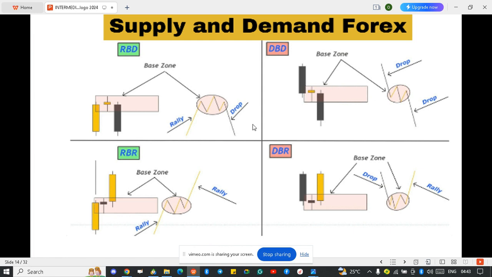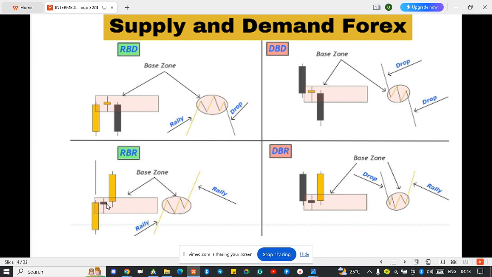All right, so that takes us to demand. I want to believe supply is clear. There are two types of demand as well. Here we have the continuation demand, and we have the swing. The continuation demand is your rally, base, rally. That means a buy candle followed by